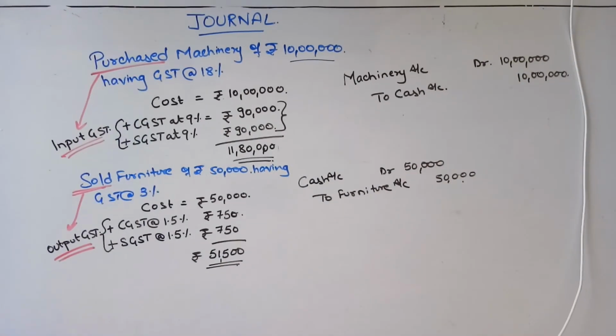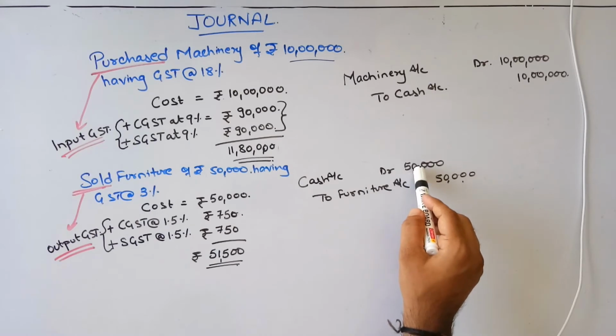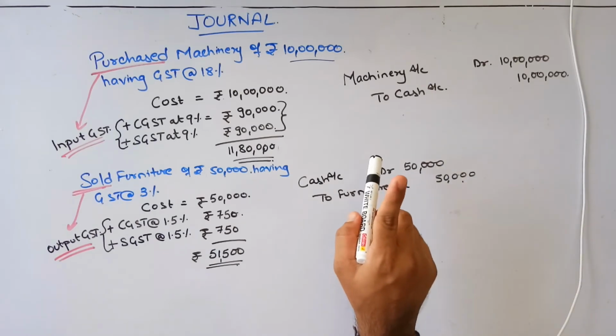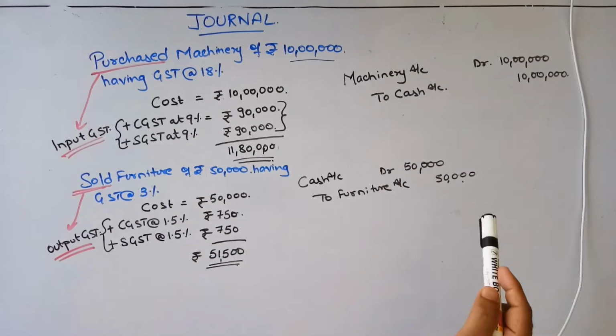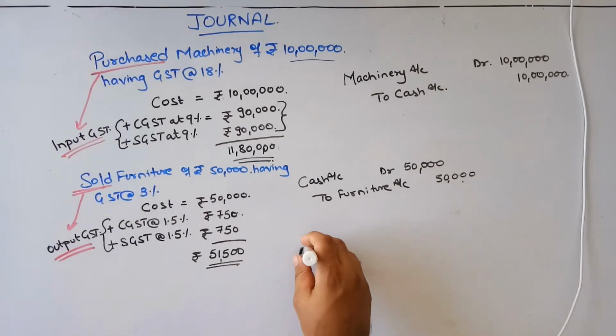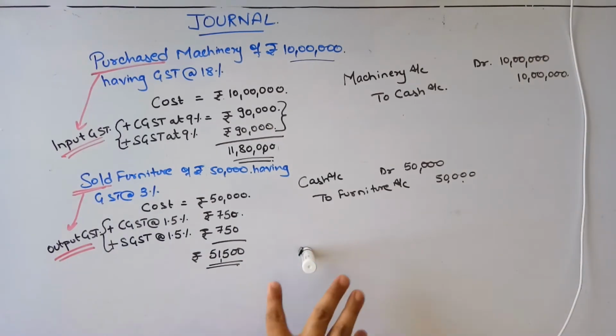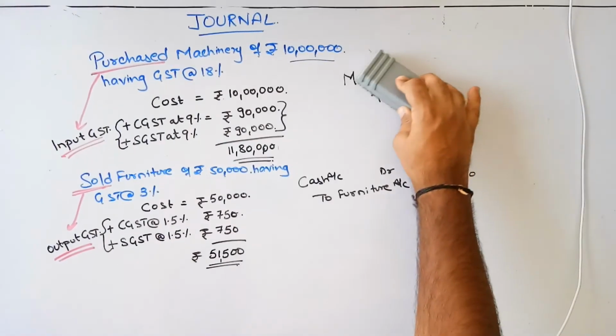Okay guys, shall we take this particular entry a bit more ahead? Now tell me one thing. Always remember, as we have discussed in journal entries, the debit total and the credit total will always be the same. Over here also, 10 lakhs and 10 lakhs, debit and credit, and 50,000 and 50,000, debit and credit, right guys? The totals should always be the same for the debit and credit. Now if there was GST also involved over here, very easy, no problems. Same way we will be doing it.